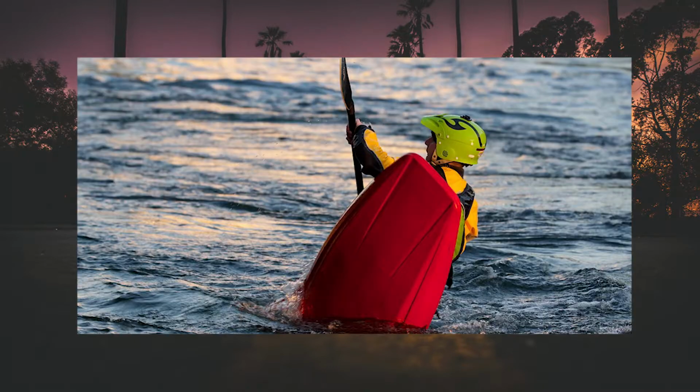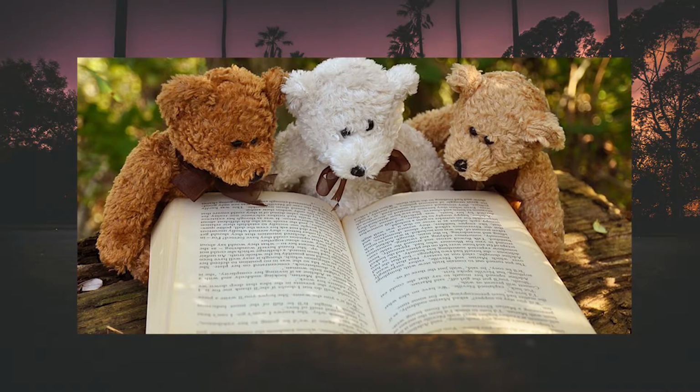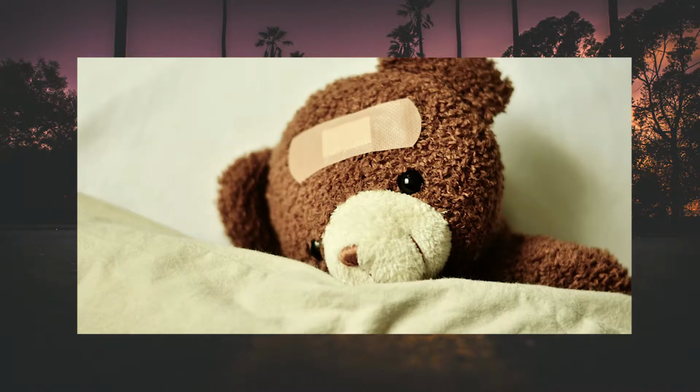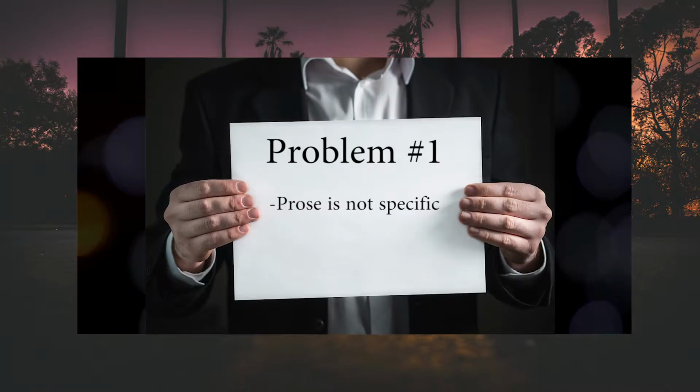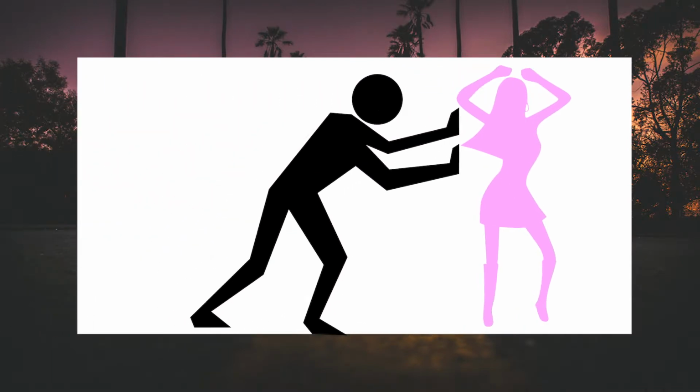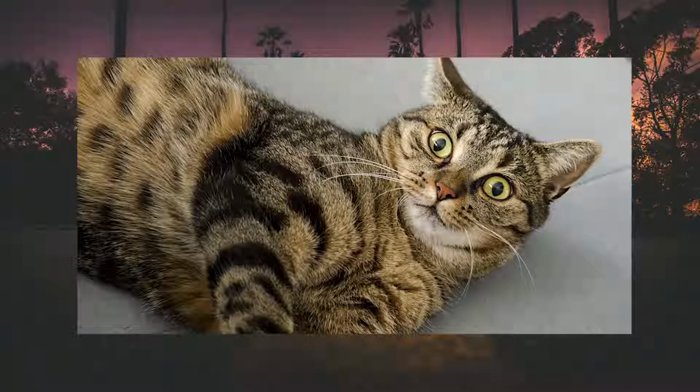Now, with all that figured out, how does this have anything to do with immersion? Well, ambiguous and vague prose has the potential to break immersion if used ineffectively or accidentally. The first problem writers will run into will stem from their prose being not specific enough. I had a high school English teacher who would jump up in front of the classroom anytime someone wasn't being detailed enough and do the be specific dance, which, I'll leave it at that.